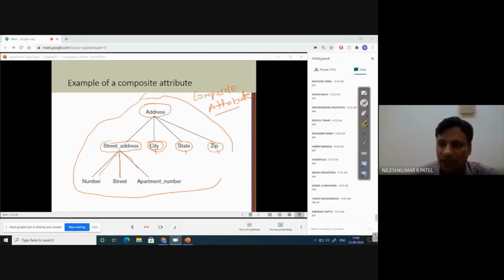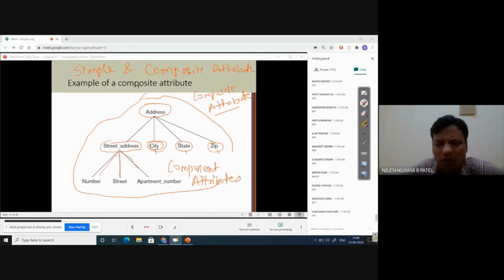So there are composite attributes and component attributes. Is it clear, all of you, what is the difference between simple and composite attributes? One more point I want to make here.